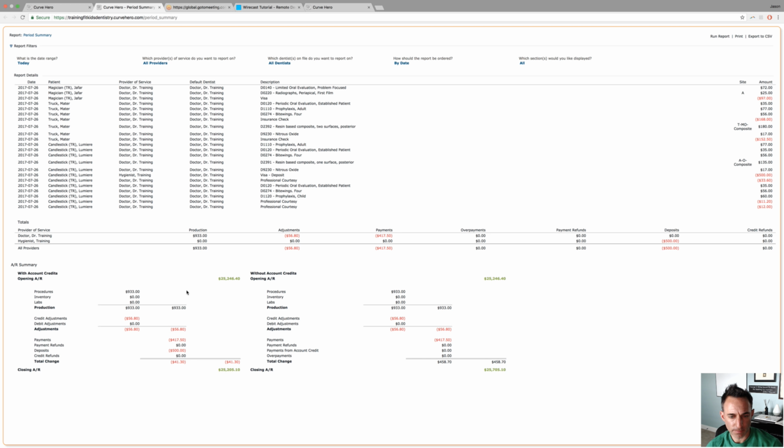Nothing else has changed. All the rest of the payments, credit adjustments, procedures, everything else is the same. The only difference in those numbers is the deposits or the patient credits. Will this work for you for end of day? Sure. All right, awesome. Now, if you're looking over this after we get done and you see that it actually